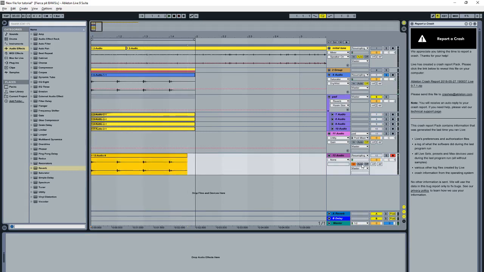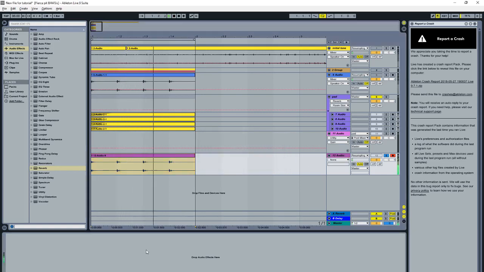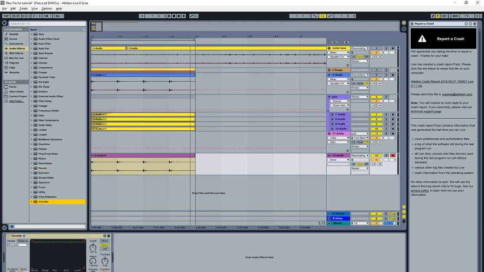So I'm going to consolidate again. Overall, yeah, I quite like that tone. I'm going to add a little bit of vocoding to it using the noise. And I tune the harmonics with the formant, so